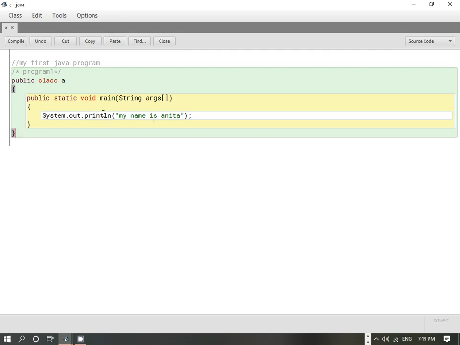Just now I have shown you that however many times we execute this program, you can see the output coming in the next line. It is not added in the same line itself, but each time you execute the code, the output will be given in the next line. So these are all the important components or the basic parts of a program which we write in Java.